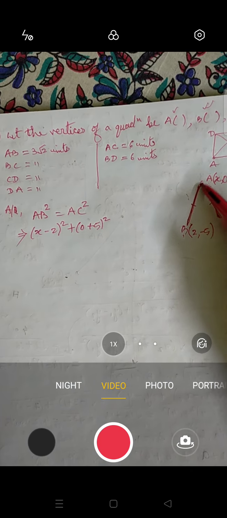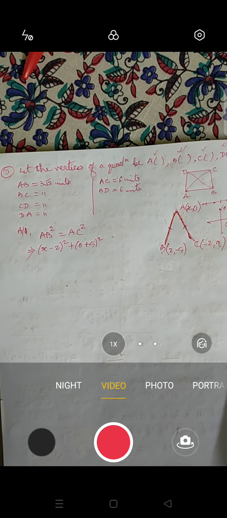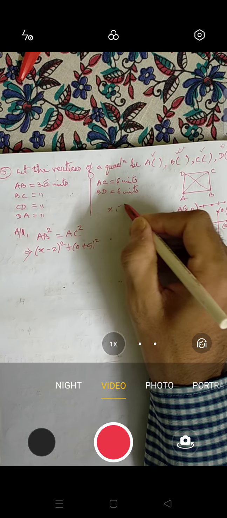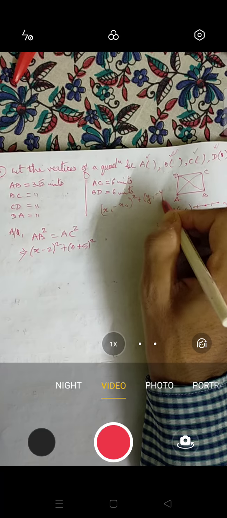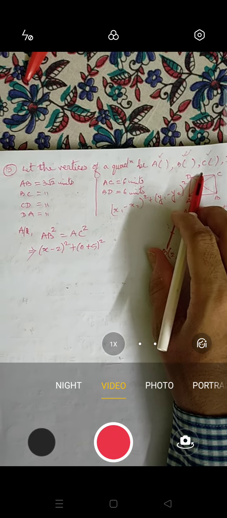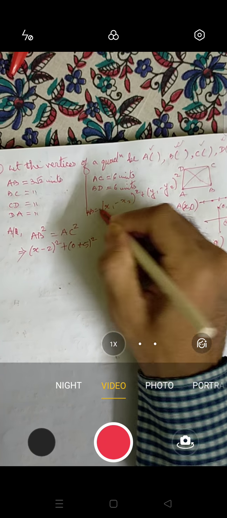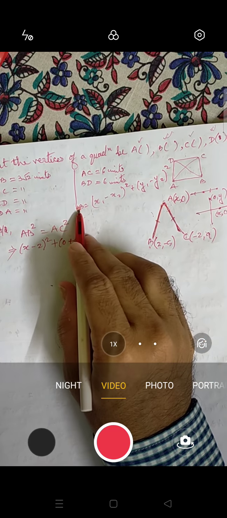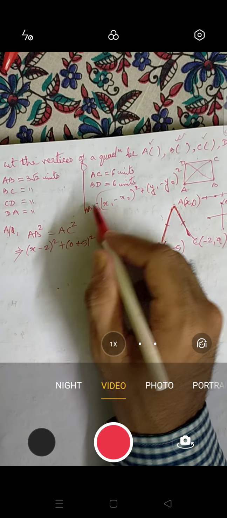In the question, AB is the distance. So to find the distance, we have to apply the distance formula, and the distance formula is x1 minus x2 whole square plus y1 minus y2 whole square, and there will be a root over it. Okay. Now just see, let us suppose AB equals to this one. Actually this AB equals to root over something, right? Now this root, if I transfer here, it will become 2.